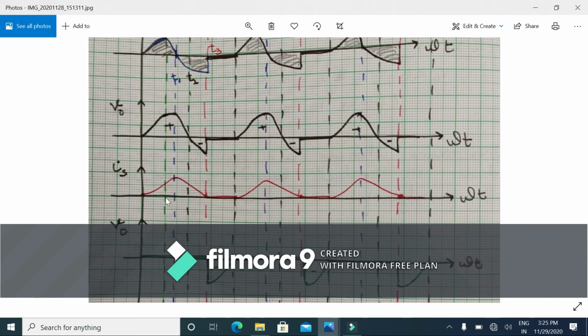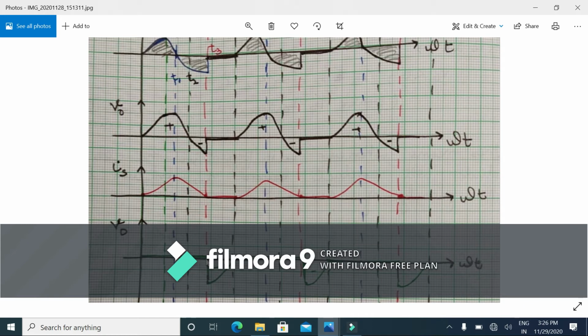I am representing the source current, that means from 0 to T3 our diode conducts here. This is basically 2 pi to 2 pi plus beta, and this is 3 pi to 3 pi plus beta. For the first cycle, the diode conducts from 0 to T3, or for this beta value. Since the diode conducts from 0 to T3, I am showing the voltage drop across it as 0.7 volt, or as 0.